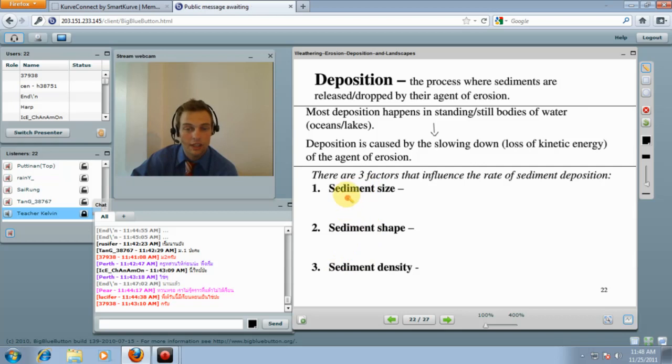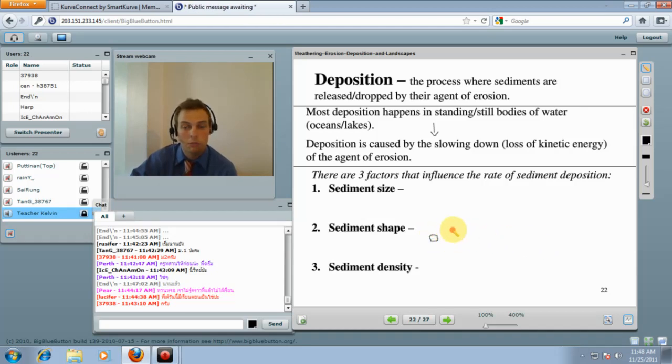It's the same for these other two. If you have a really dense sediment, if it's heavy, it's going to fall out of the water. It's going to fall out of solution faster. The shape, so if you have a really round rock, it's going to be able to bounce along the